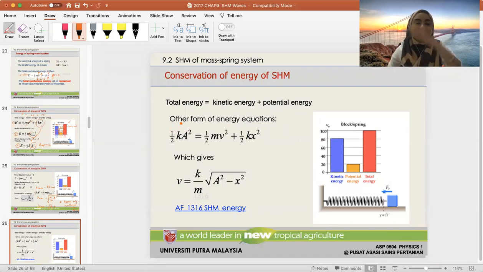Macam lagu hotel pula. Okay, so you know that the general equation for your total energy is 1 over 2 mv squared plus 1 over 2 kx squared. Sekejap